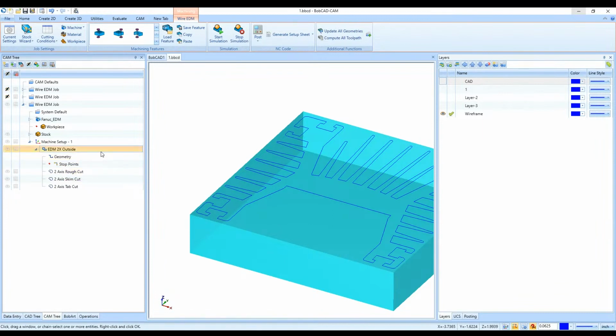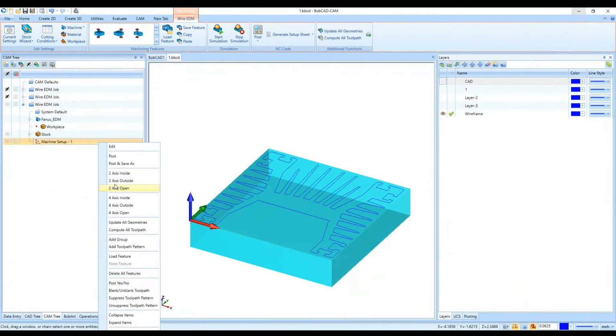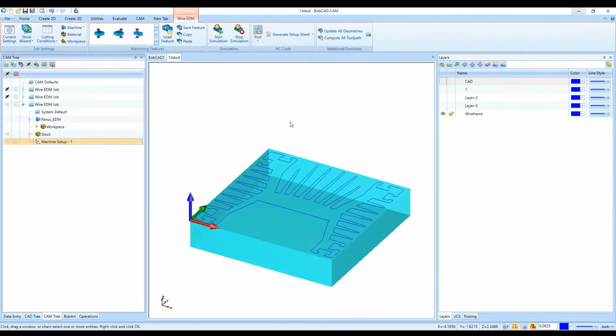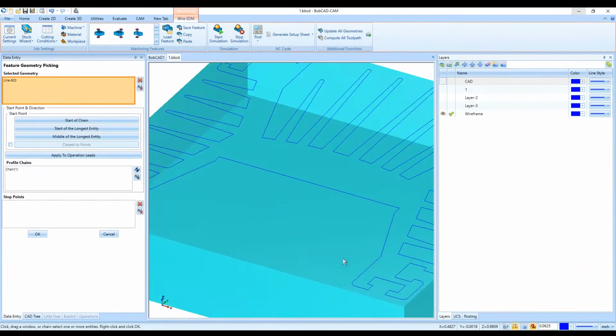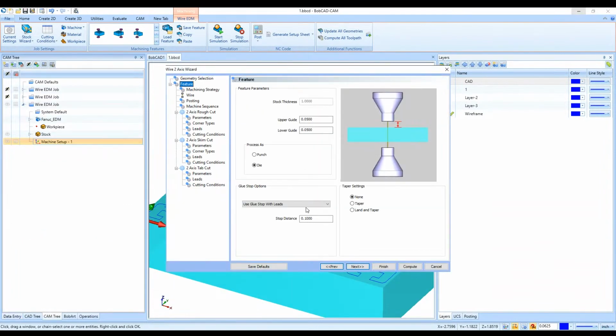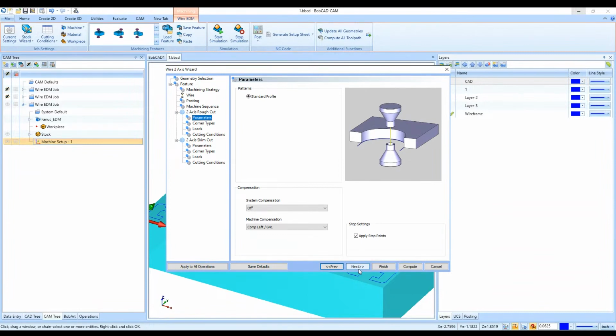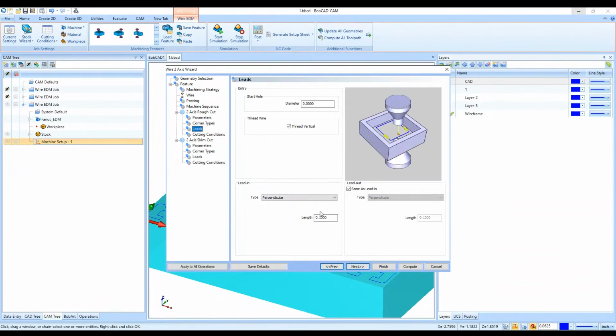And the reason for that is because the outside and the inside 2-axis EDM cuts are for closed shapes. So that's the reason for our 2-axis open. And I can select an open shape like I just had. I want to do a no glue stops, and a couple options that I want to make sure of is I'm starting from the outside of the stock. So with my lead in and lead out, I'm going to go parallel, maybe like a 1/4 inch or maybe even a 1/2 inch,